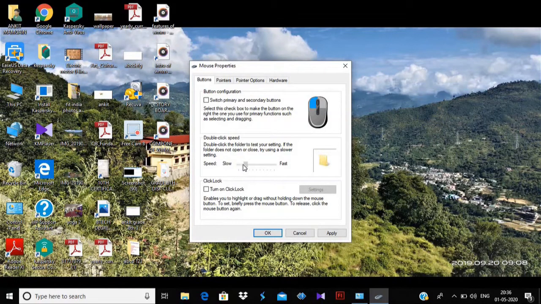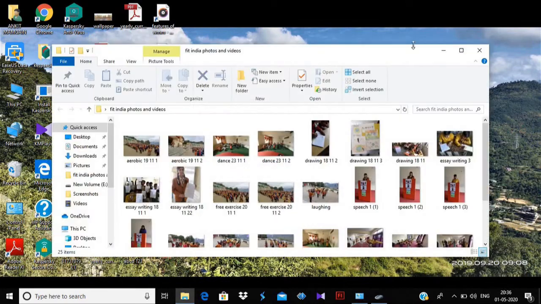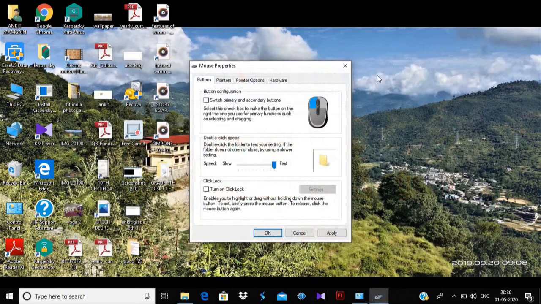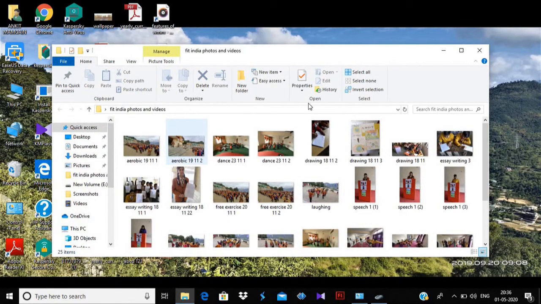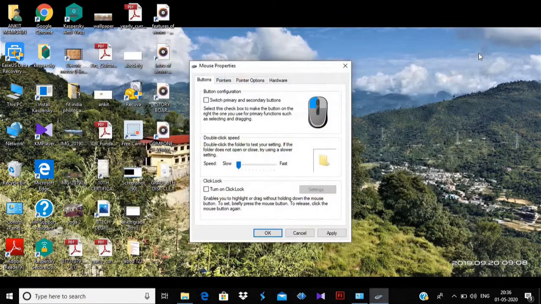But if I take this scroll bar to fast and press first, then second, it will not open. It needs faster speed. So first, second, now it is opening in fast. If I take it to slow, first then second, it is working.